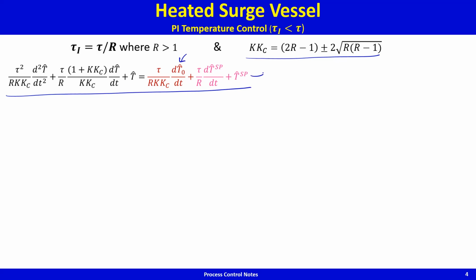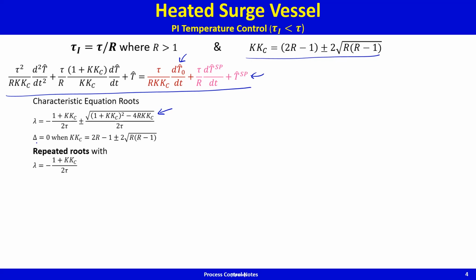Regulator, servo. The characteristic equation roots are here. The discriminant is 0 when K Kc takes these special values. So for these special values, you get these two repeated roots. For these repeated roots,